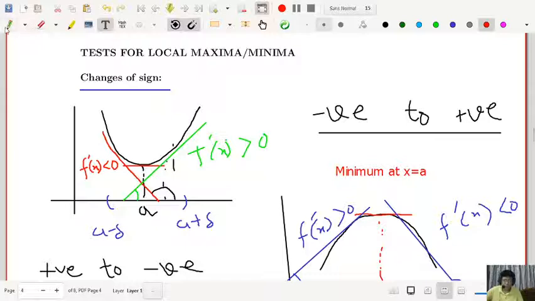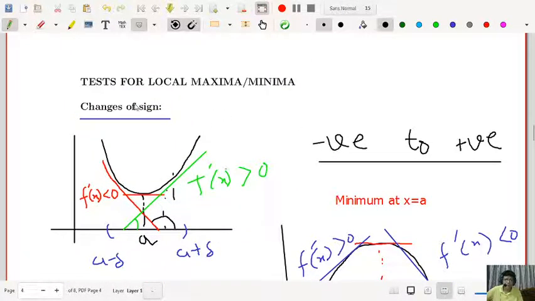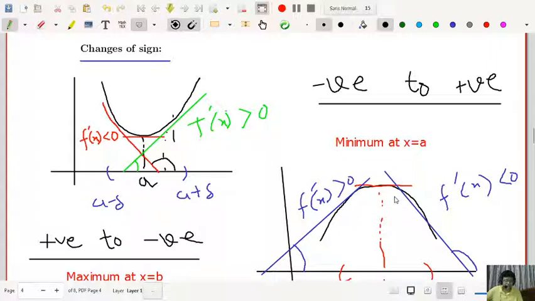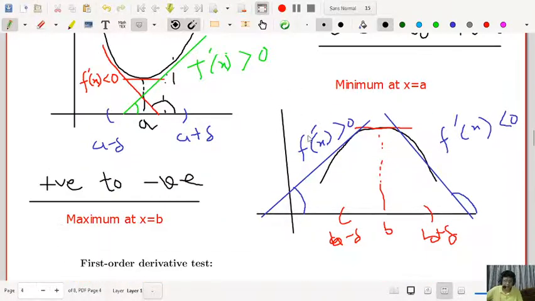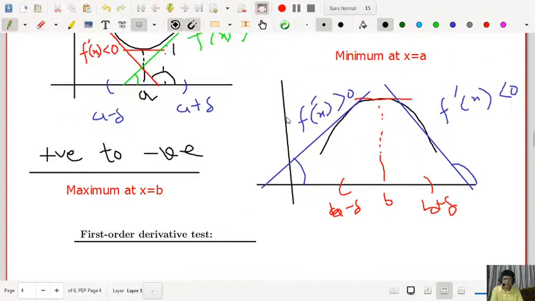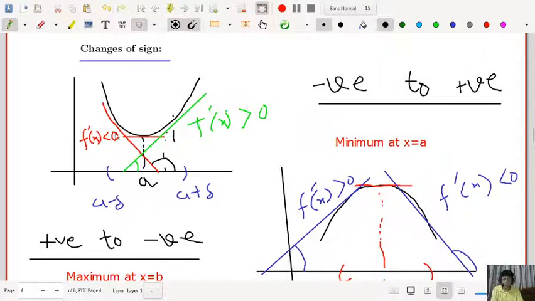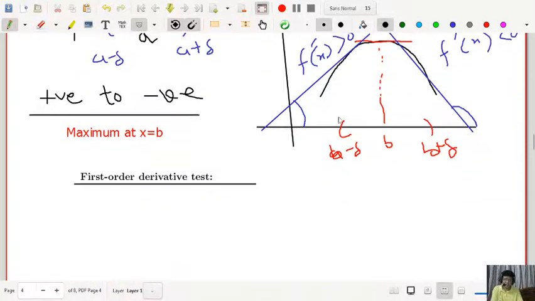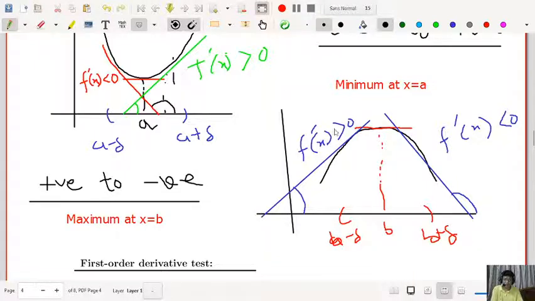So from the change of sign concept, you can talk about the maximum and minimum of that function without taking its second order derivative. And how will you conclude with the first order derivative test? That is already explained, because this positive and negative slope involves only the first order derivative: dy/dx less than 0 on one side and dy/dx greater than 0 on the other. Okay. So dy/dx equal to 0 is the necessary condition for maxima and minima.